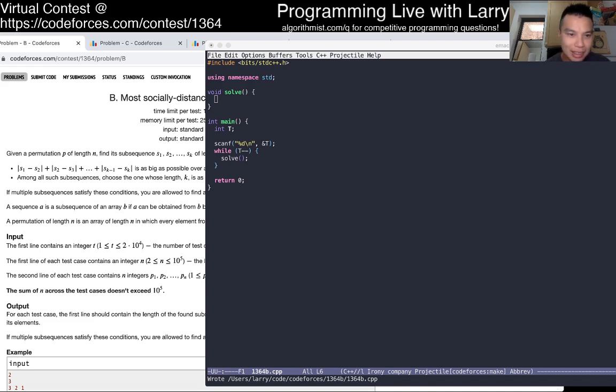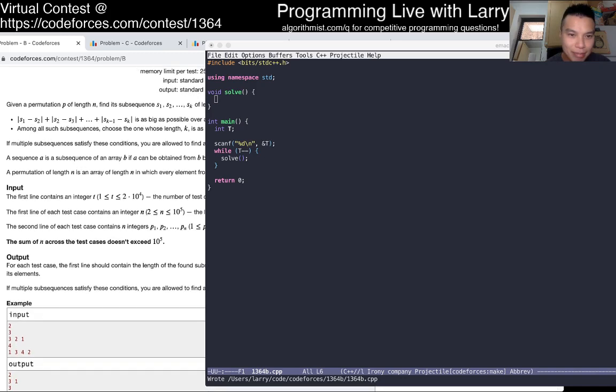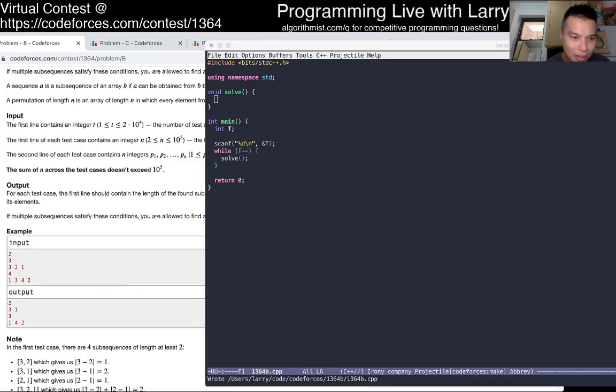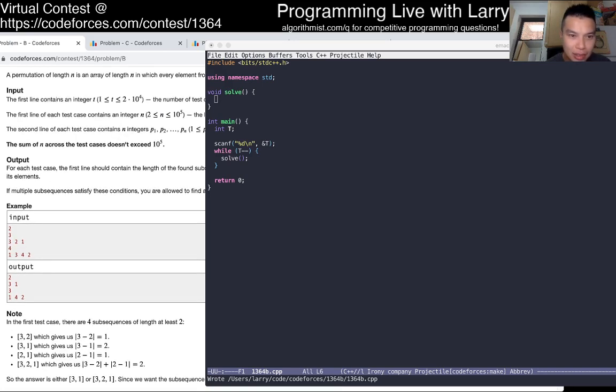What's k? Okay, let's look at an example. You have n equal to 3, with 3, 2, 1.